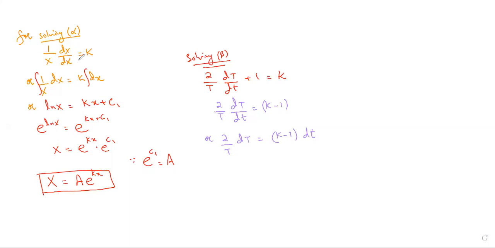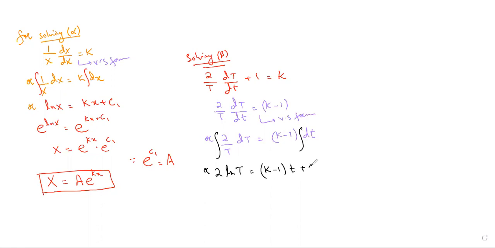This was the variable separable form. That's why we have separated the variables of the first order differential equation. For solving the equation for T, this is also the variable separable form. So we can solve it by just separating the variables here. After the separation of the variables, we can integrate on the left hand side as well as on the right hand side. So you'll have 2 taken outside the integral, and 1 upon T. Integral of 1 upon T can be written as ln T